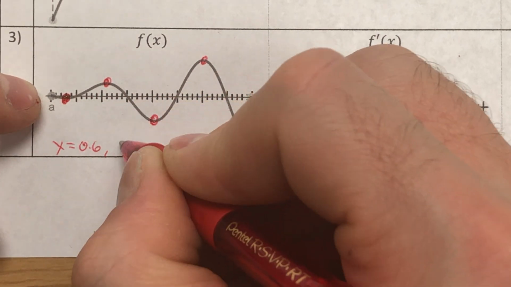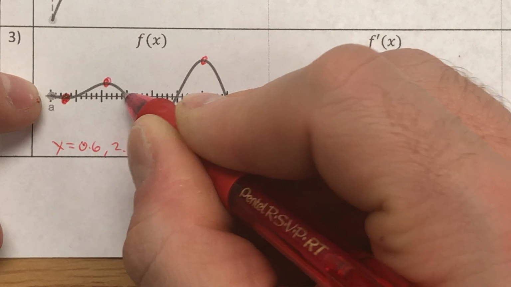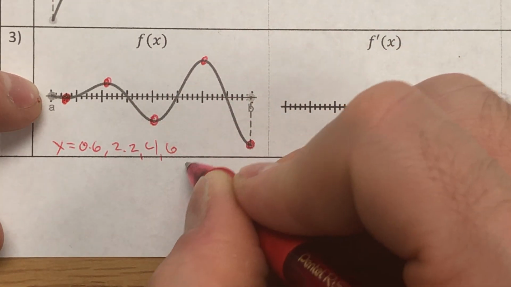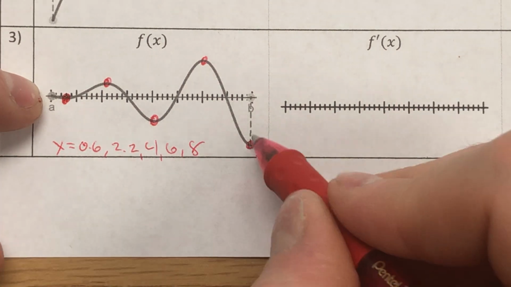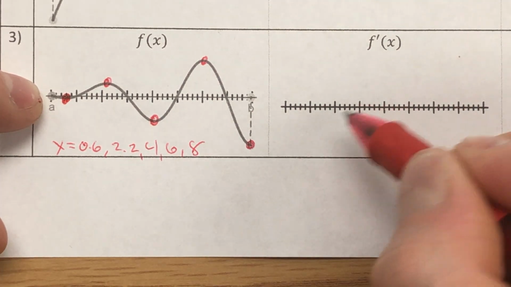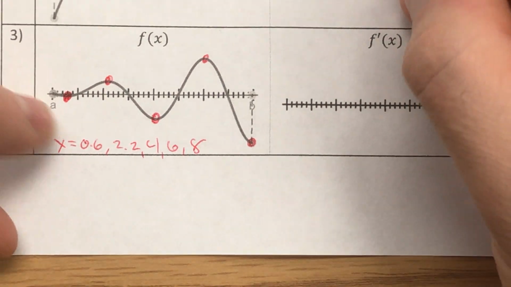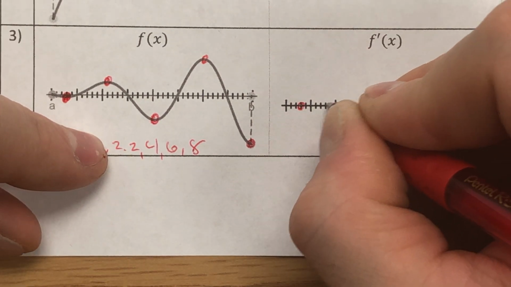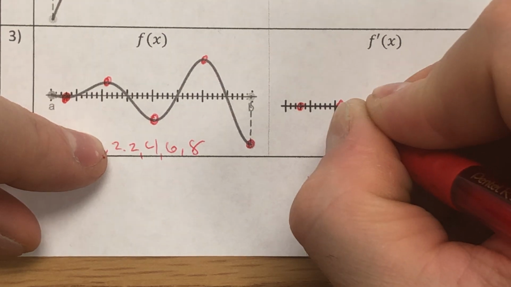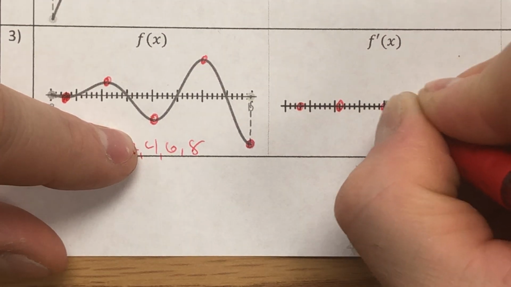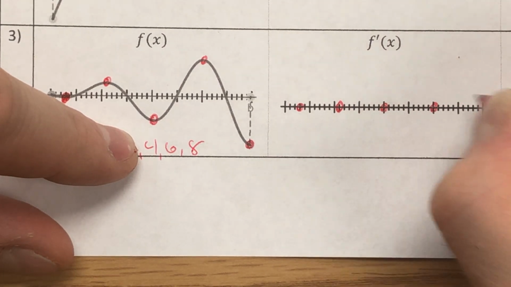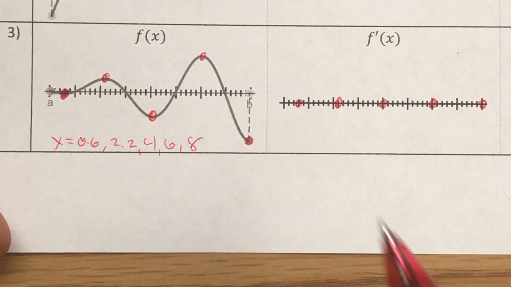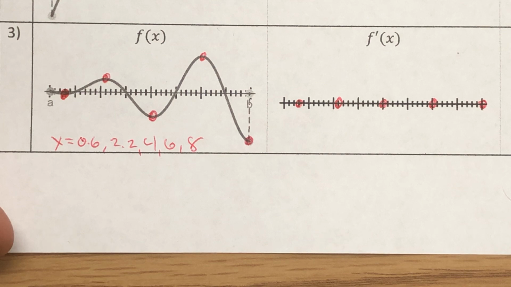0.6, 2.2, 3, 4, 6, and 8, I have critical values. So over here, I'm going to draw zeros at these numbers. So 0.6, 2.2, 4, 6, and 8. And then I'm going to look at the slope and say, hey, what's going on with the